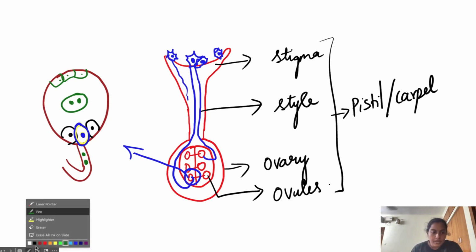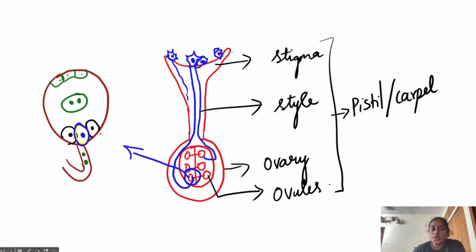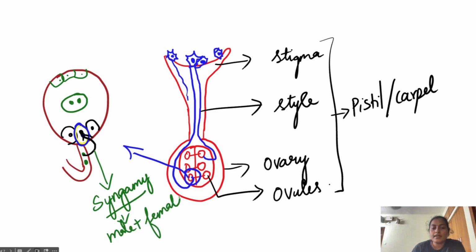So now what happens is that once the pollen tube comes and joins with the micropyle, the male gametes are entering inside. One male gamete will fuse with what? The egg cell. One male gamete is fusing with the egg cell, and this first fertilization, look at the words which I am using, I am calling it syngamy. Syngamy means what? Fusion of male and the female gamete. Female gamete here is the egg cell. Male gamete, there are 2 male gametes. One male gamete fuses with the egg cell, and that fertilization is called syngamy.